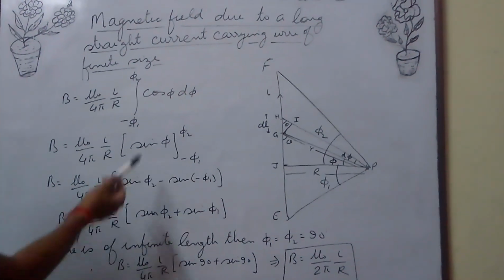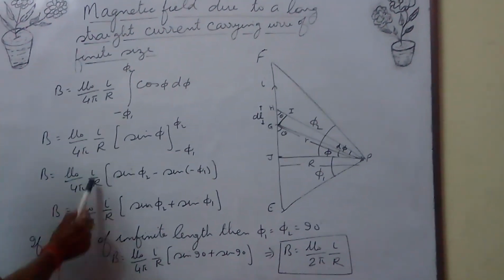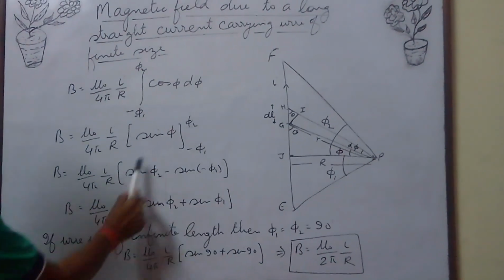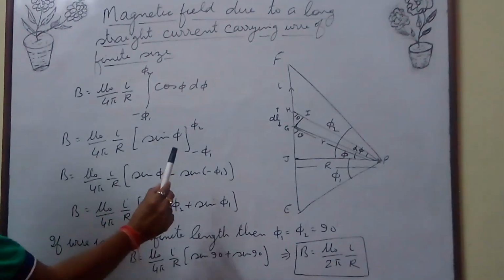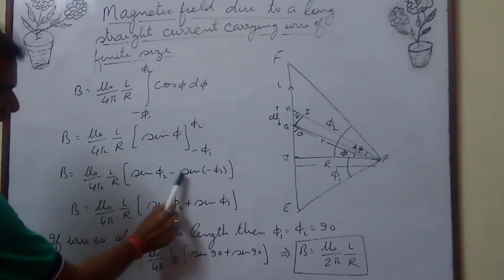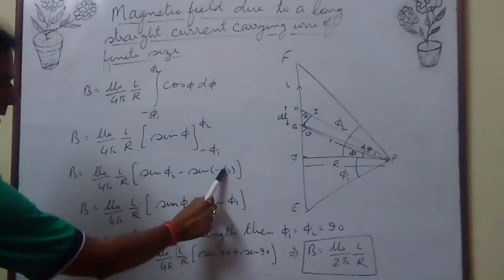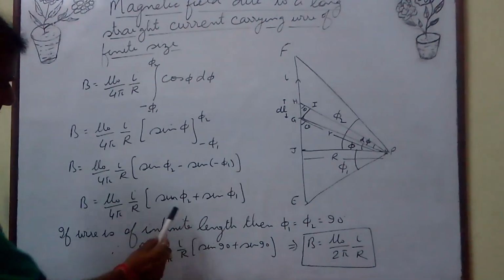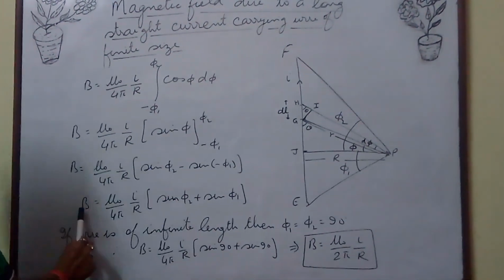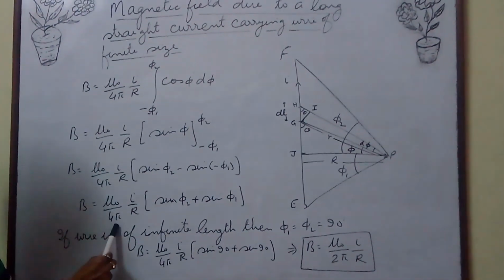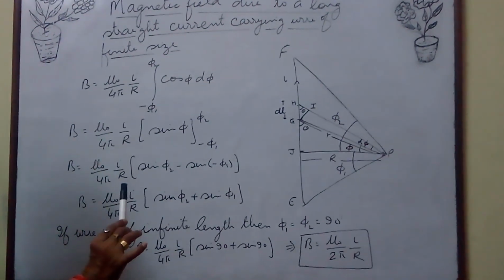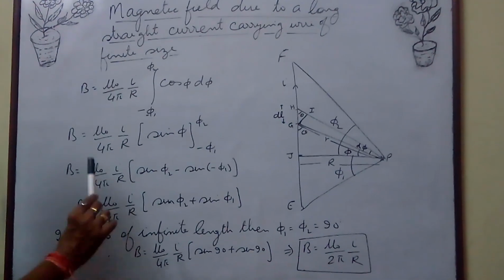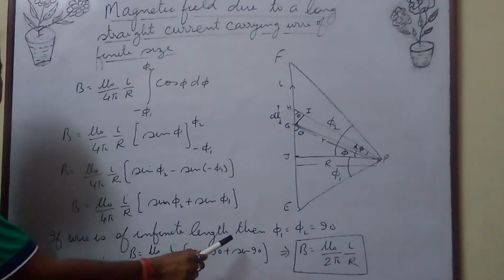Now putting the values, limit: mu naught upon 4 pi I by r, upper limit is phi 2, so sin phi 2 minus the lower limit sin minus phi 1. It's upper limit minus the lower limit. Now sin minus theta, you know it, it is minus sin theta. It becomes minus and plus. You get B is equal to mu naught upon 4 pi I by r, sin phi 2 plus sin phi 1. Yeah? Now if the wire is of infinite length,